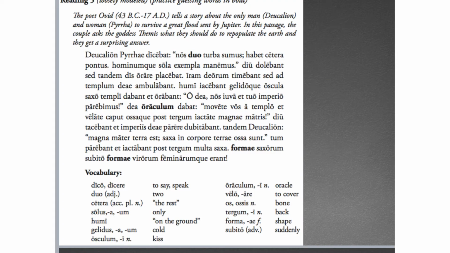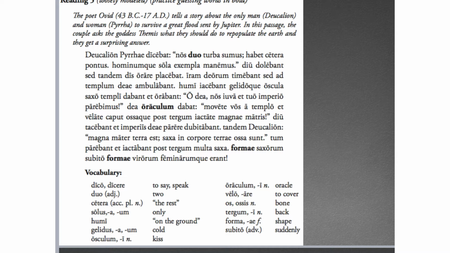All right, so week summatives. It's a little paragraph to read. So I'll do a little bit for you. Again, make sure to read through the Latin, make some mental notes or actual notes as you go. So Deucalion Pyrrhae dicebat, nos duo turba sumus, habet cetera pontus,